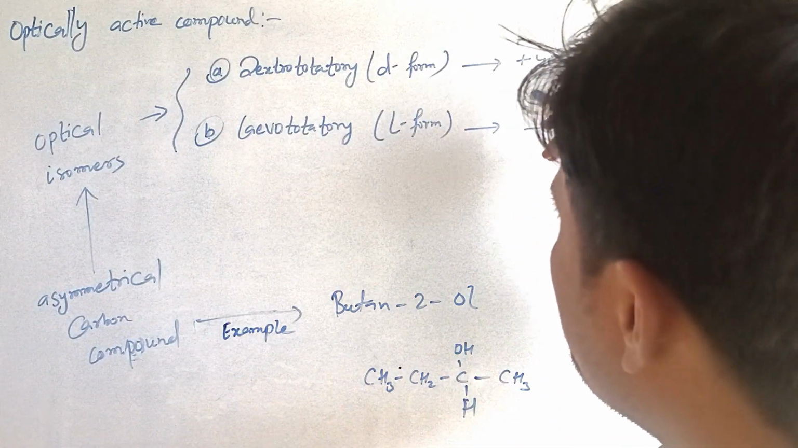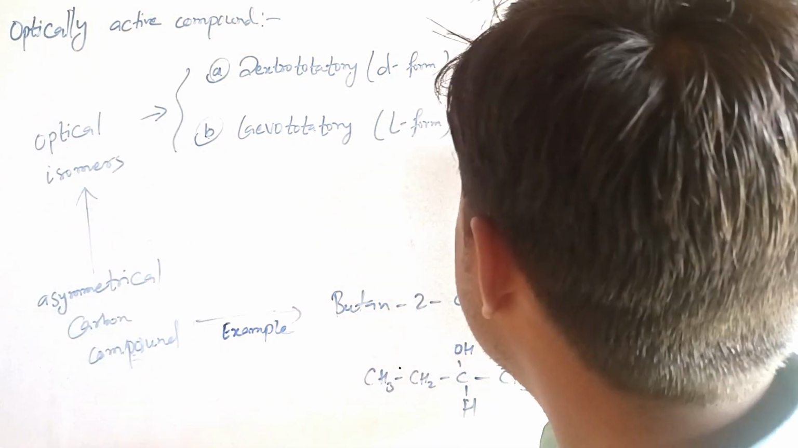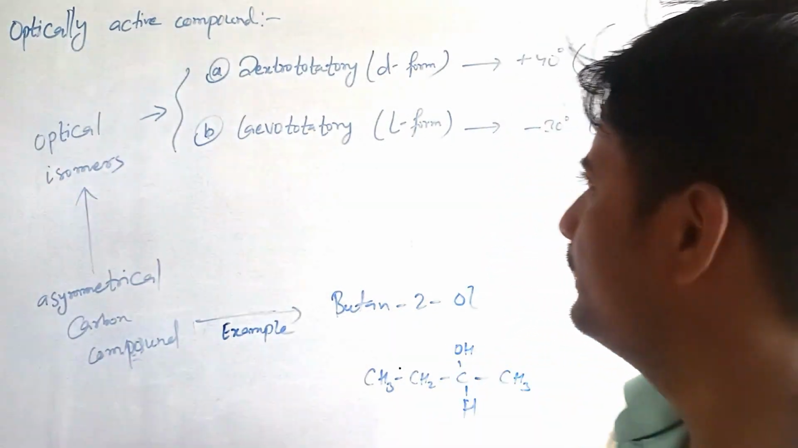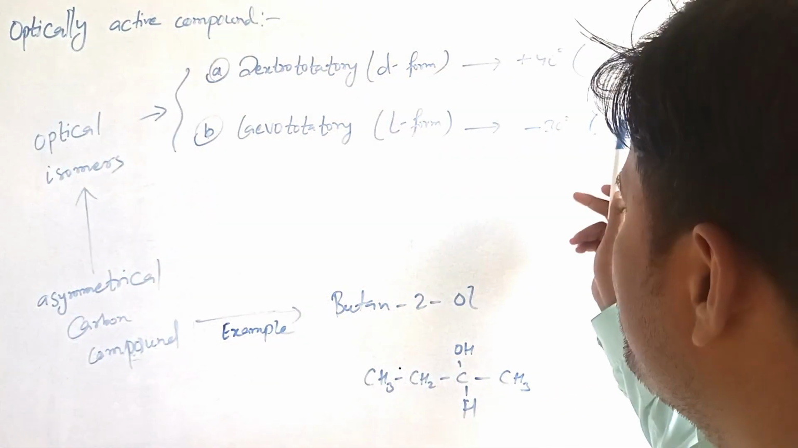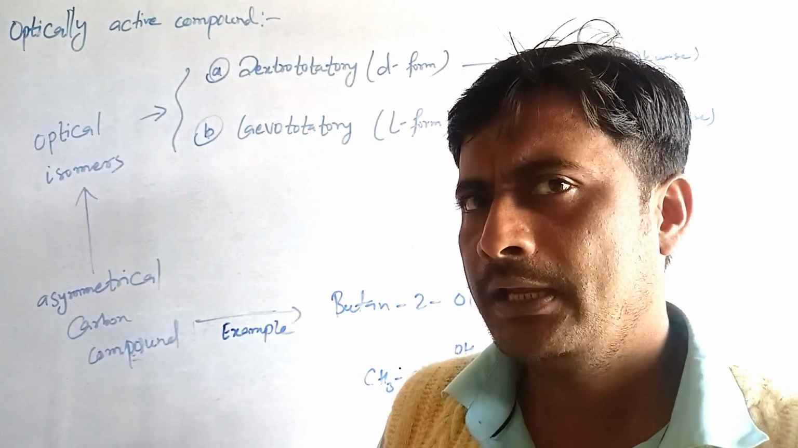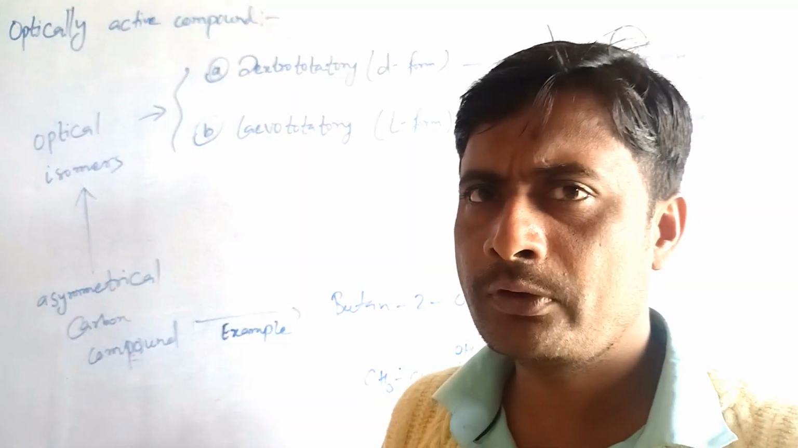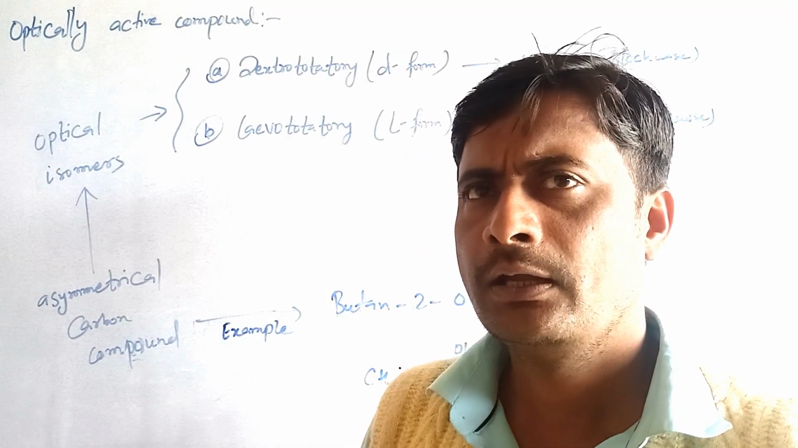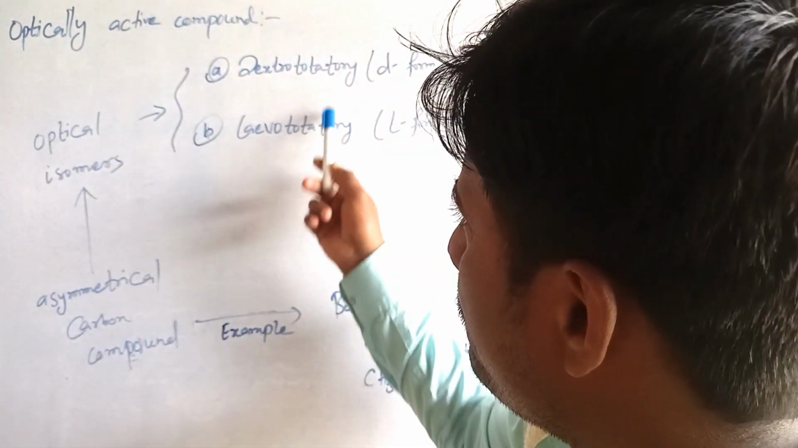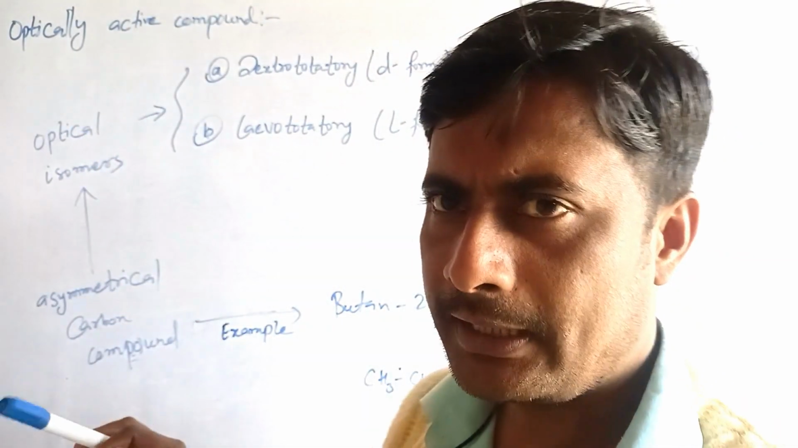In dextrorotatory compounds, the angle of rotation is represented by placing the plus sign before the angle of rotation, and in laevorotatory the negative sign is placed before the angle of rotation. The angle of rotation done by dextrorotatory or laevorotatory compounds is measured by an instrument known as a polarimeter. Optical isomers are of two types, dextrorotatory and laevorotatory, and the optical isomers are such compounds that have